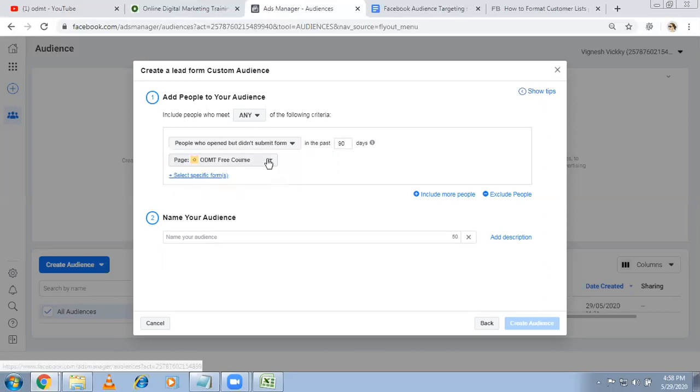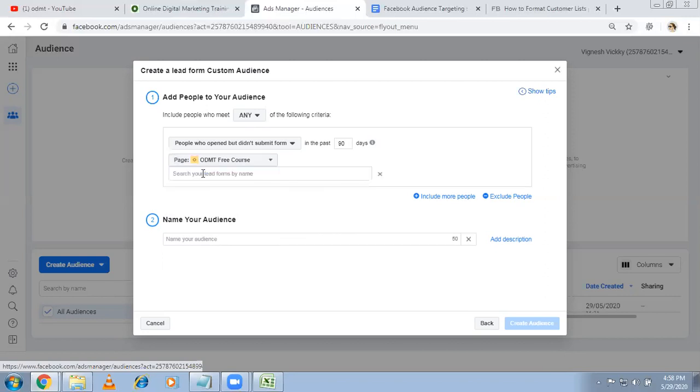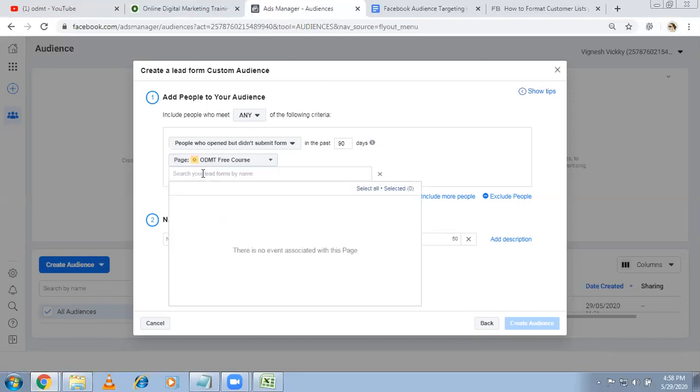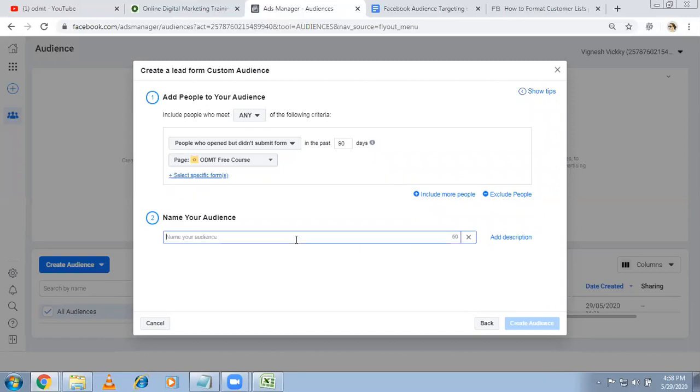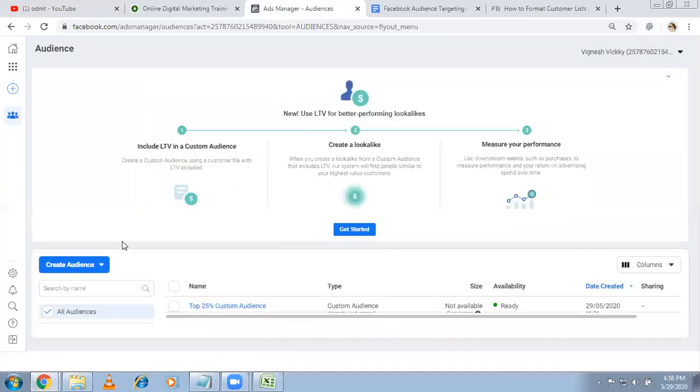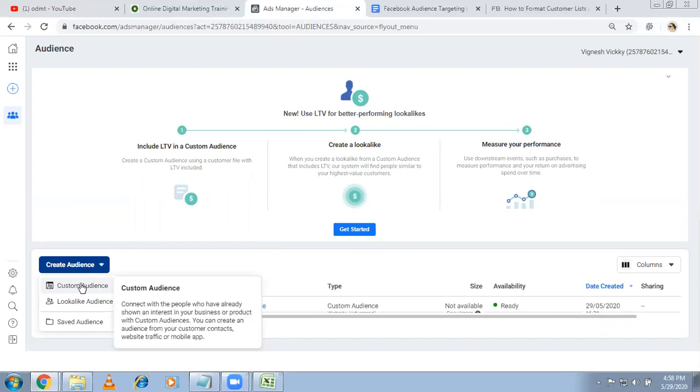So you can select your page, or else you can select specific forms. You already created that, so you can select your form. When you're creating a form, it will ask you to name it. Let's see whether it will accept or not. No, because in this account I don't have any form, it will not accept. Okay, maybe in the future, when I'm working on the live budget, I'm going to make all these videos with real-time analytics. Wait for 2 weeks, I'll be doing that.